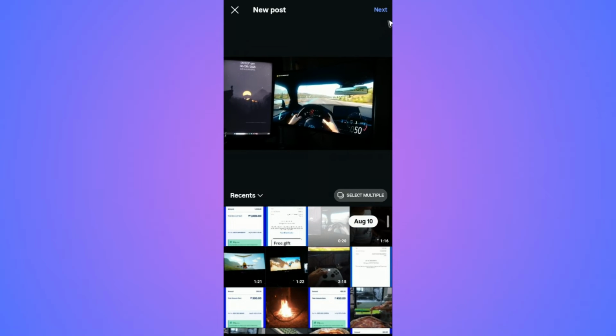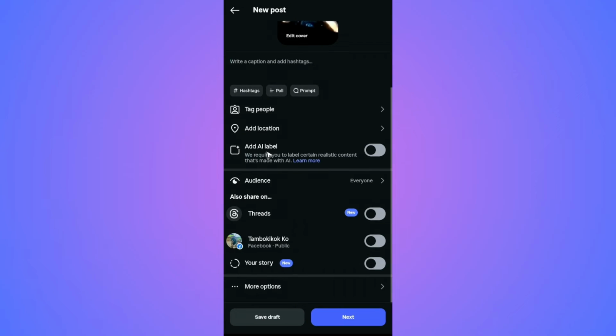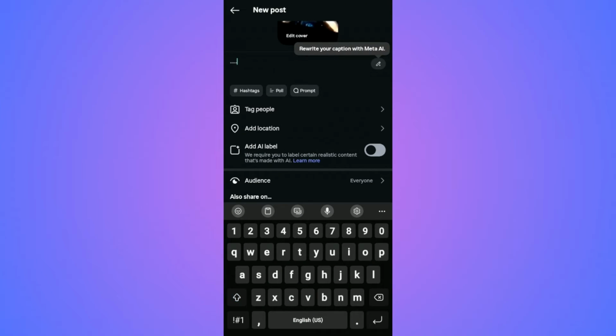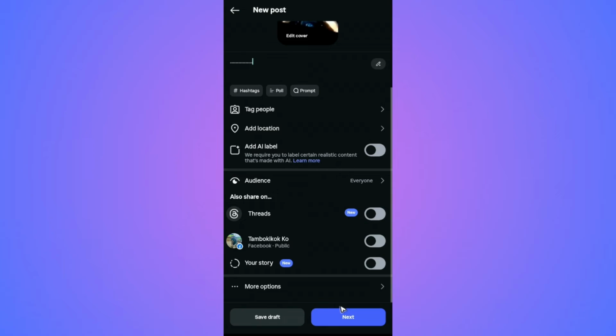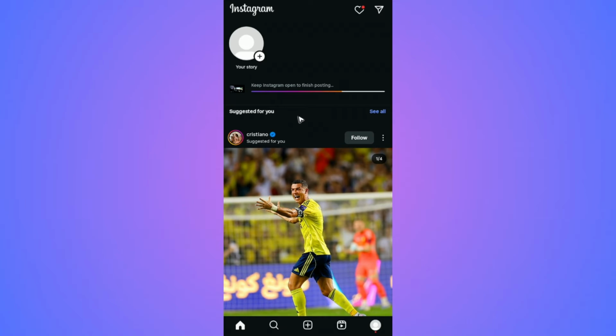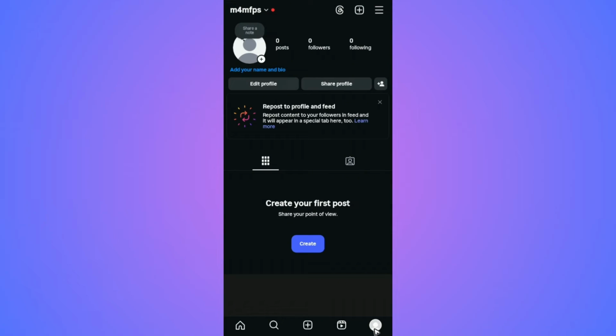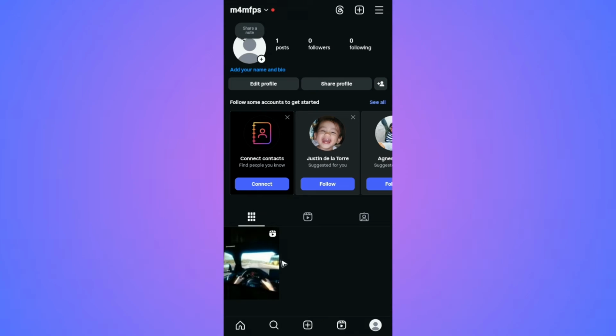Just tap on it, hit next, again next, give it a caption, like so, and next. Share, wait for it. Now, once it's done posting, you just have to go to your profile, right here at the bottom right, and tap on the